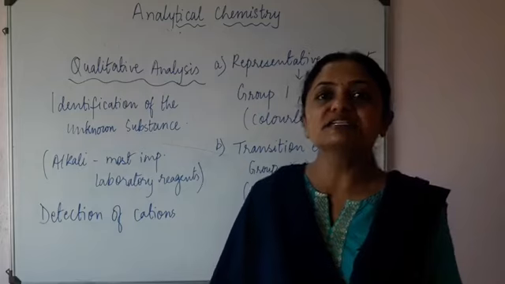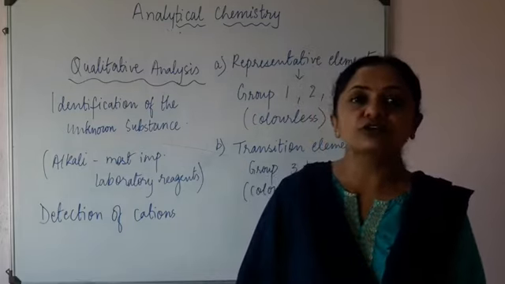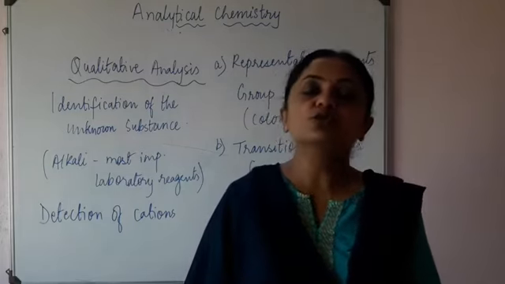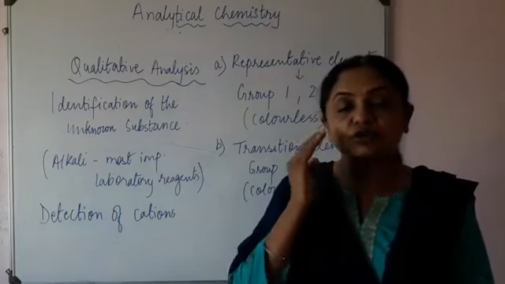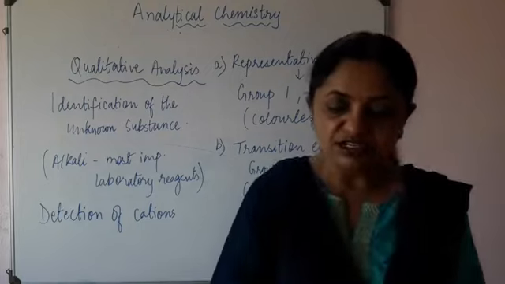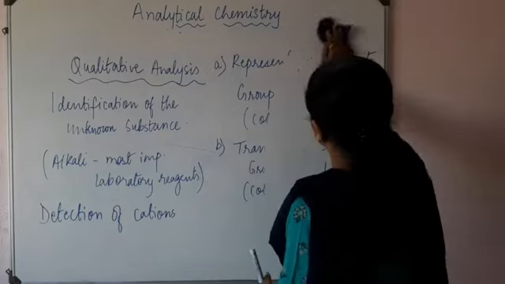So by the color of the precipitate and its solubility in excess of alkali, we are able to identify the cation present in the salt solution, right? So that is what we are going to study. Now let us study